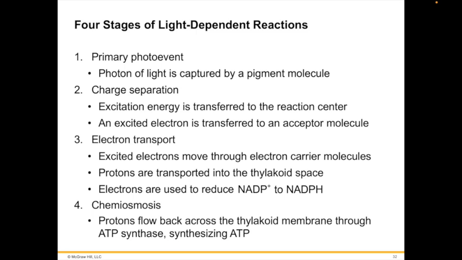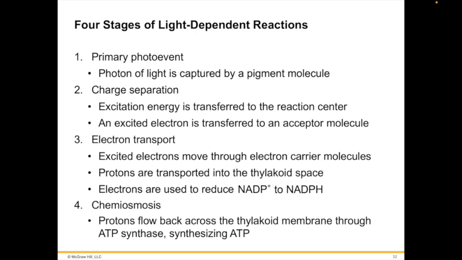along a series of electron carriers embedded within the photosystem membrane. Several of them react by transporting protons across the membrane, generating a proton gradient. Eventually, the electrons are used to reduce the final electron acceptor NADPH. Chemiosmosis. The protons that accumulate on one side of the membrane now flow back across the membrane through ATP synthase, where chemiosmotic synthesis of ATP takes place, just as it does in aerobic respiration.